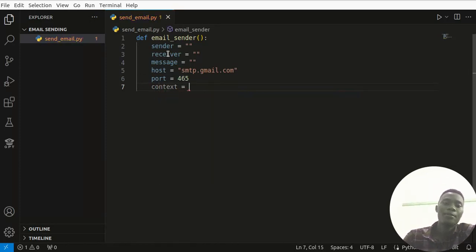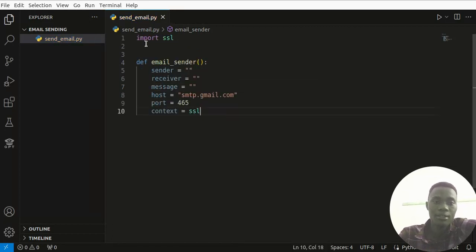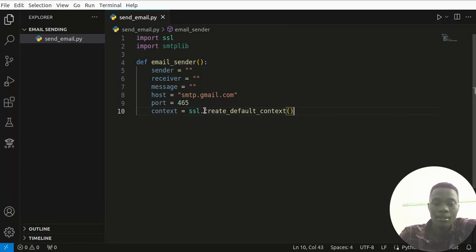Then you can define the context. This context will be from a library called SSL, which is a secure context that we can use to create a session that we shall use in sending this email. So it is ssl. You can type that, and then you import it. And also we shall need to import smtplib, which is always available for us to use. ssl.create_default_context, or create secure context. Having done that,